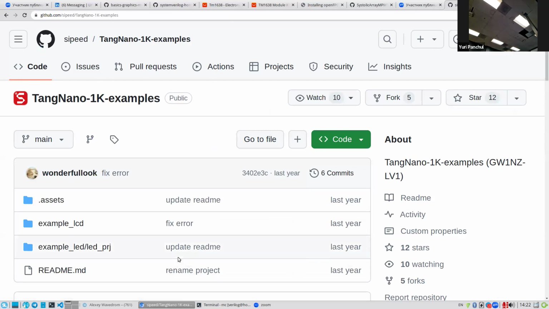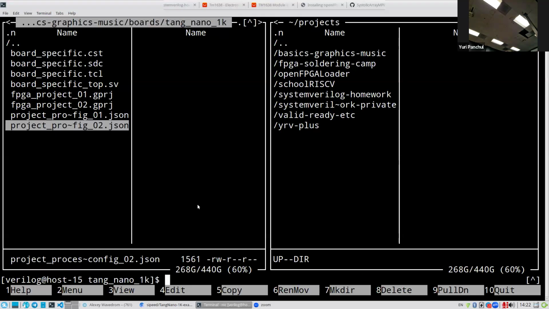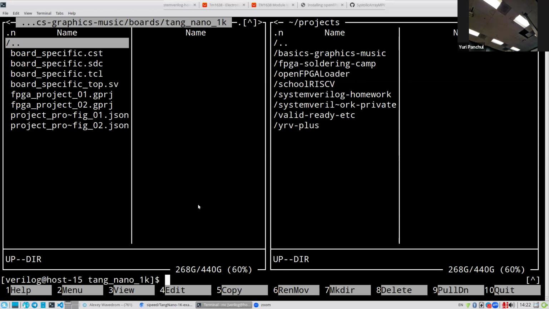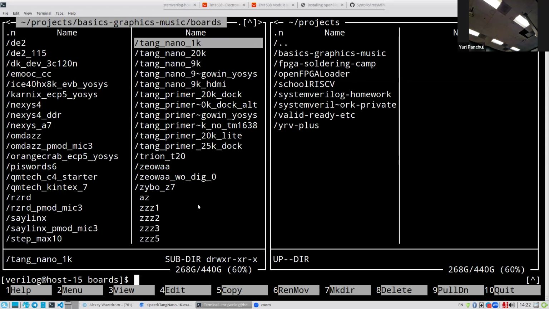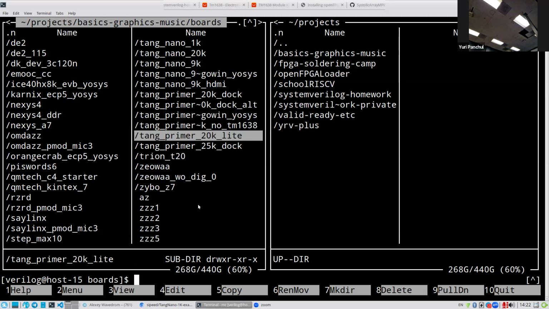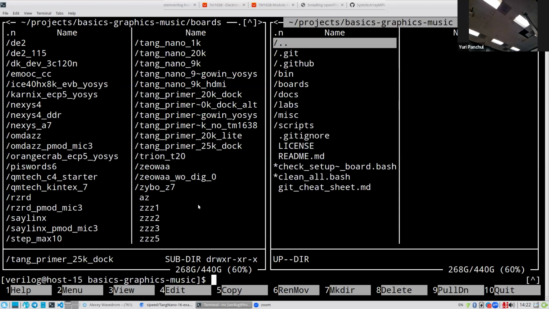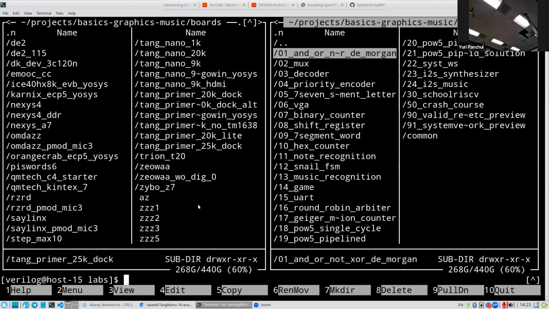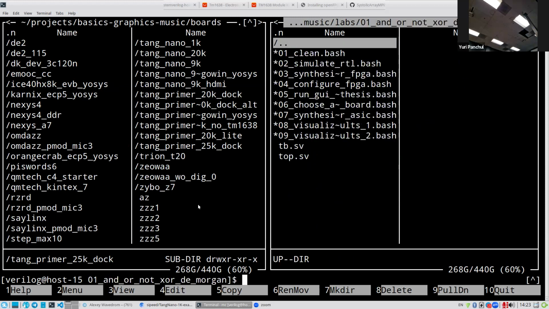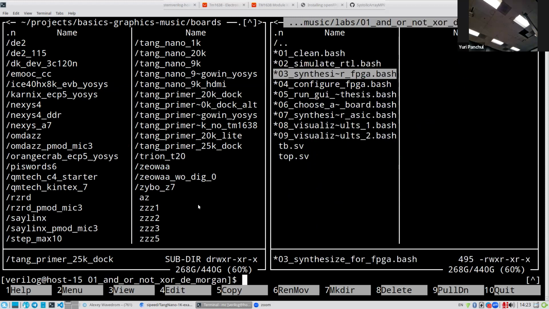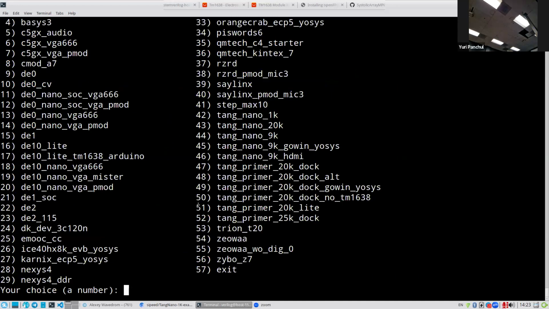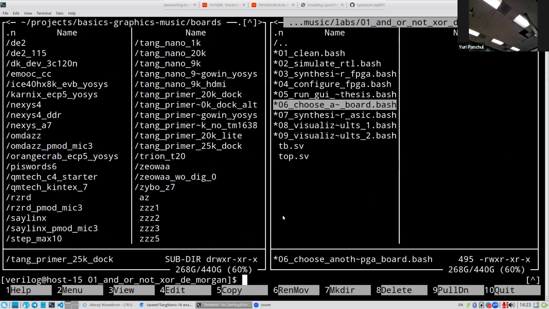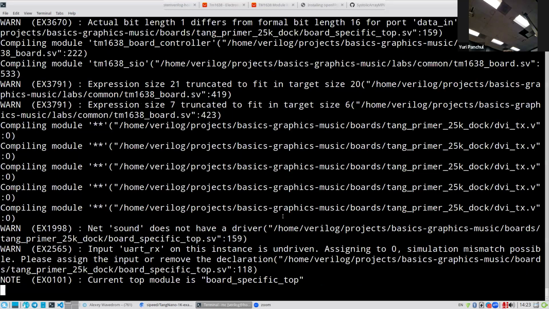Okay. Oh, by the way, before I do this, let me show you what scripts are doing with those projects. So if we go to the 25K example, let's go to labs, and we were running this example. So if we choose board, and we choose 52, then when we run synthesis,